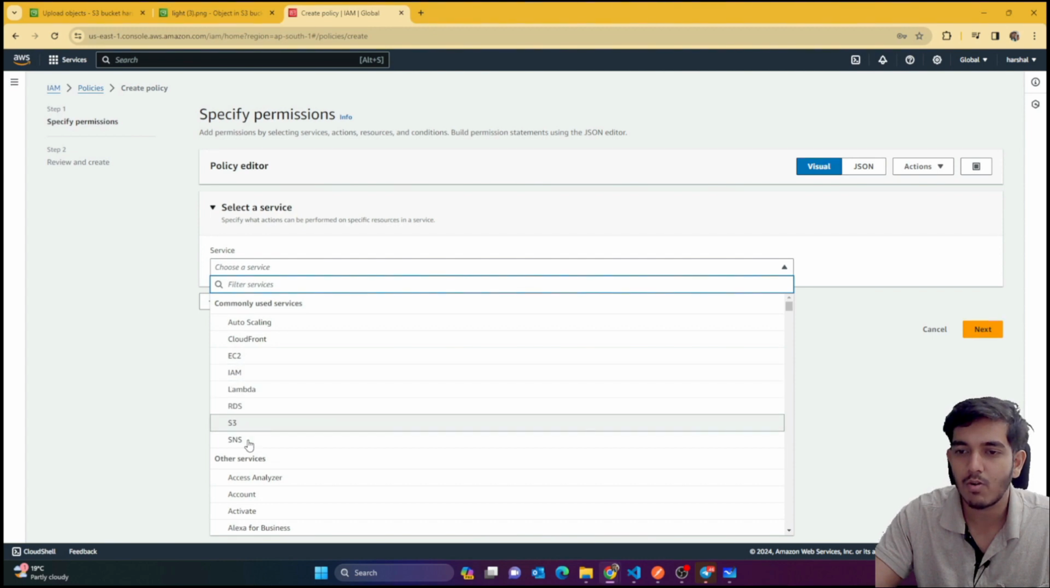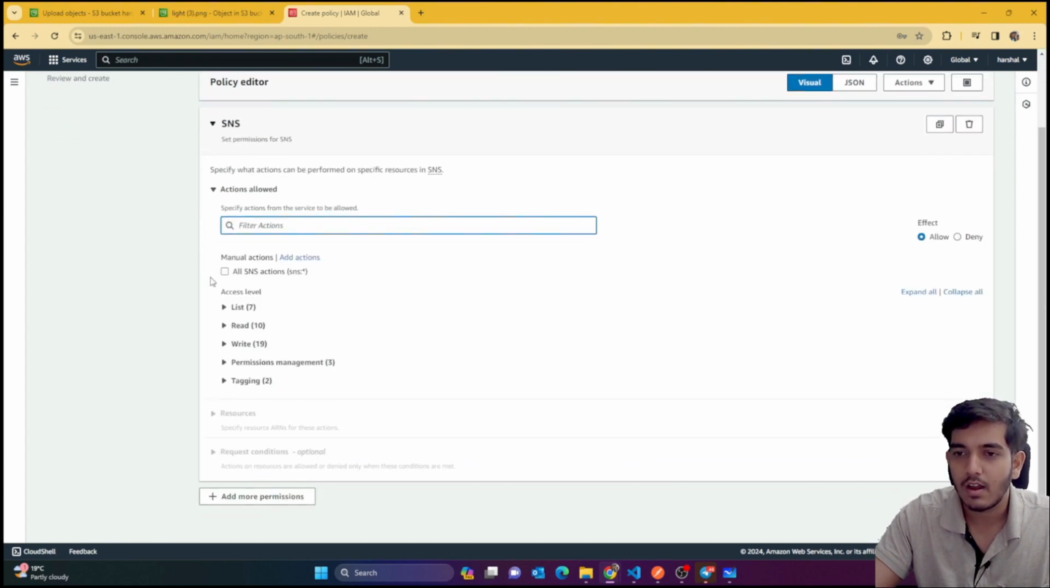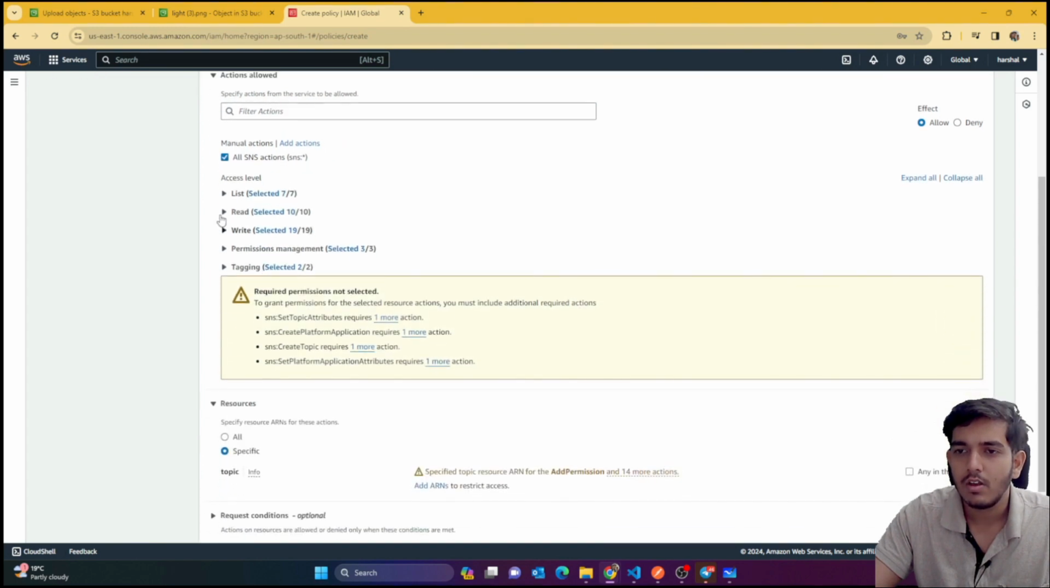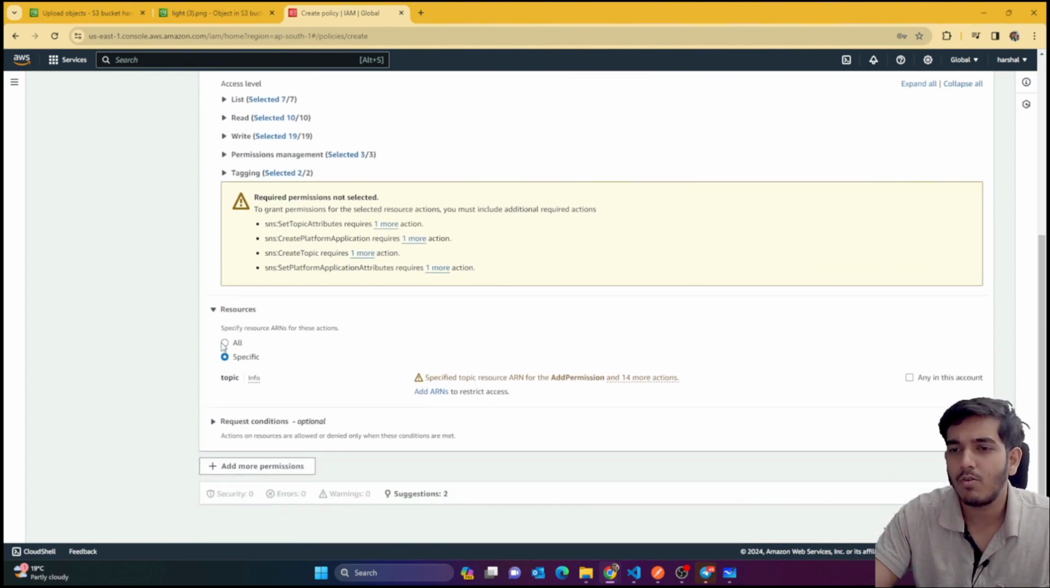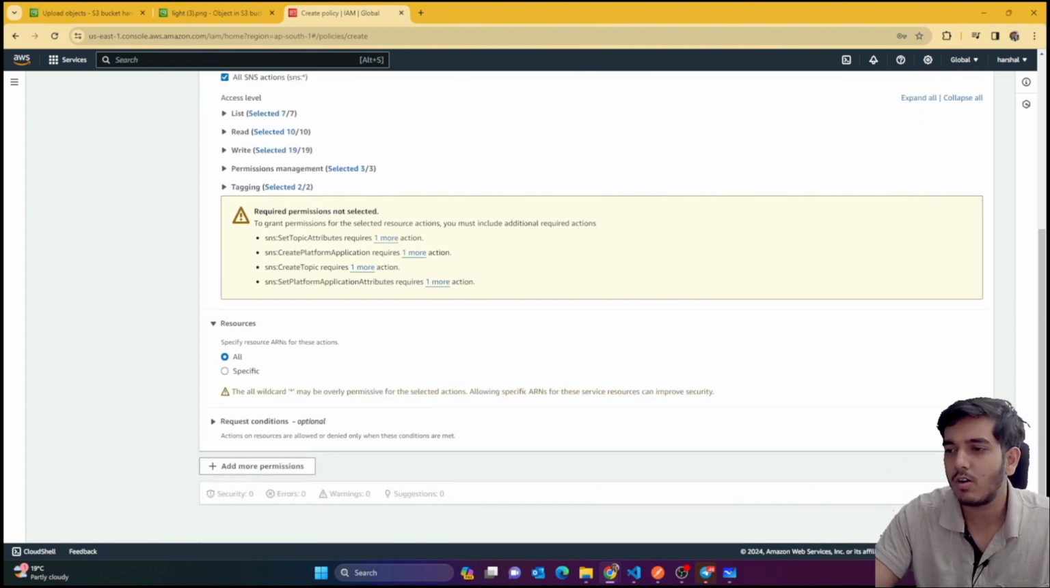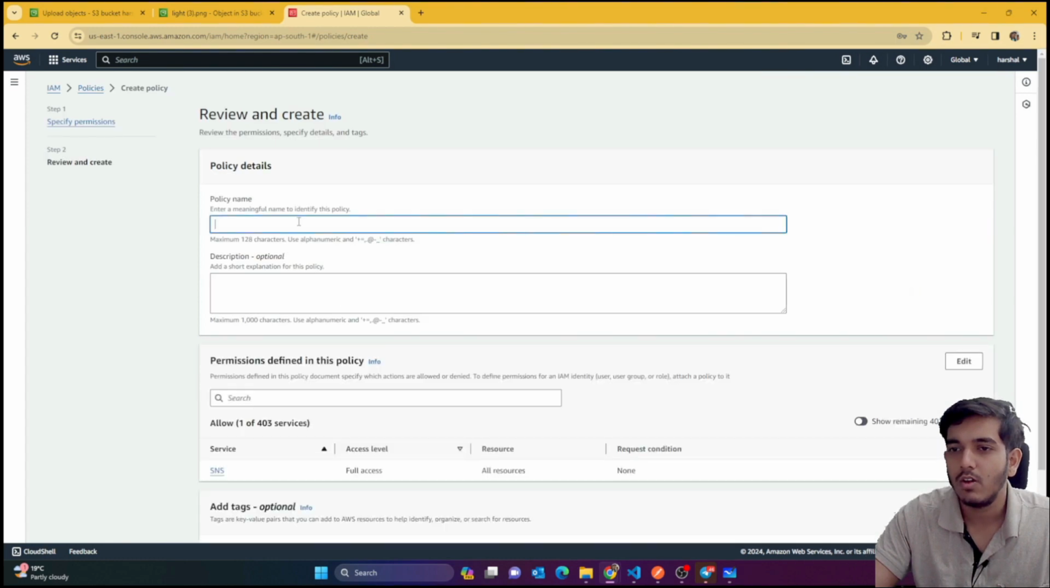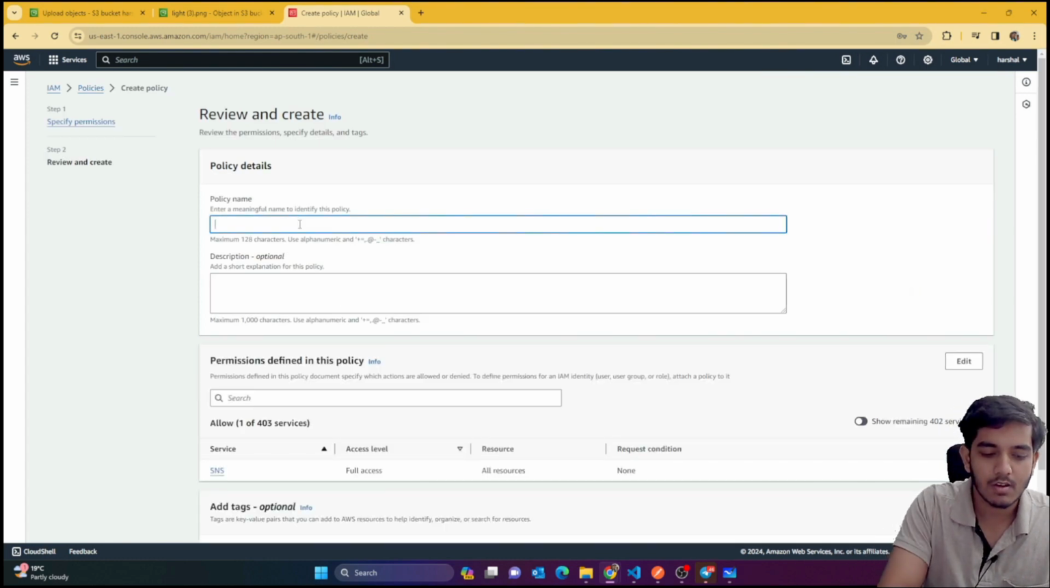So here, for example, I want to use some other service, so for example SNS, and if I just click on all, you can check out the permissions later on. There are read permission, write permission. I hope you know what is read and write. If you want to give some resources, I would for now give all resources. Now if I click on next, you can see I have to pick the policy name, so I'm just going to name it as